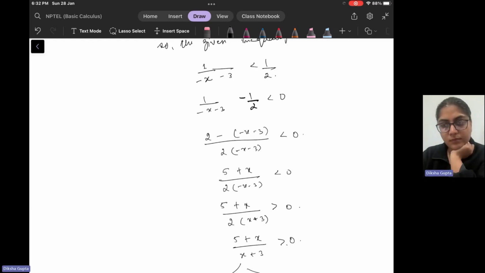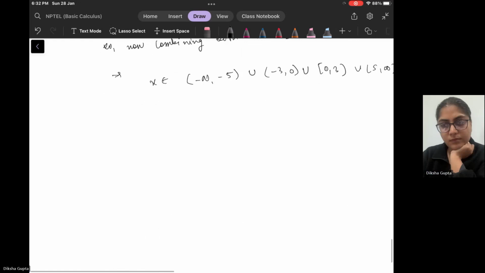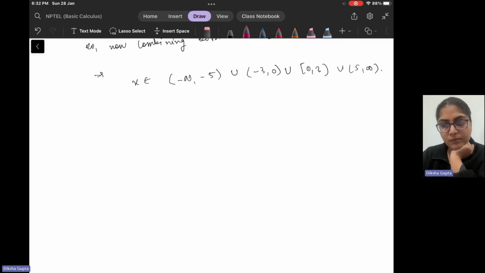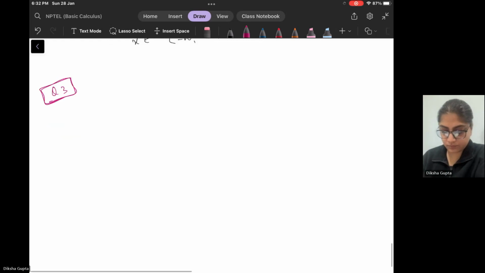Moving on to the next question. There was something called the Archimedean property, which was also discussed in the class, so I will do some questions on that. So question number 3 is,